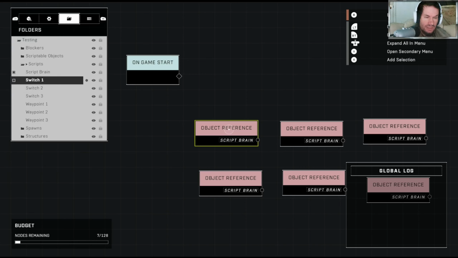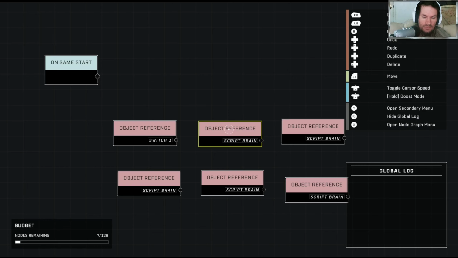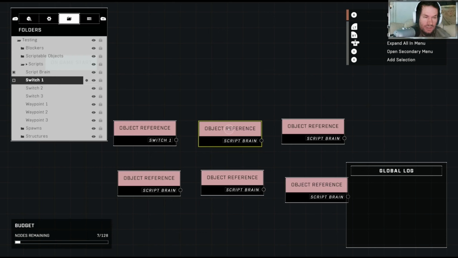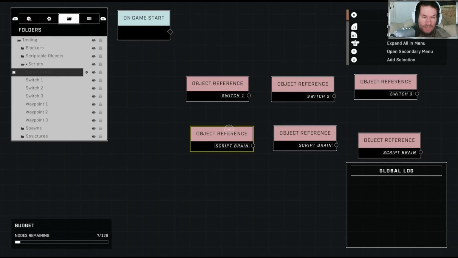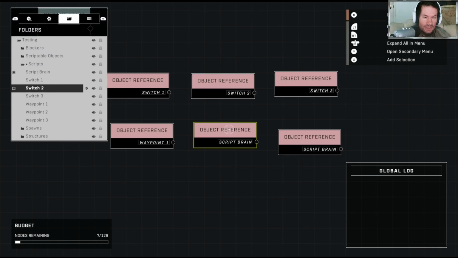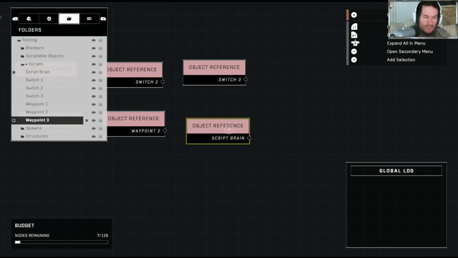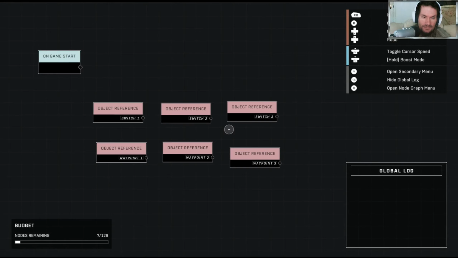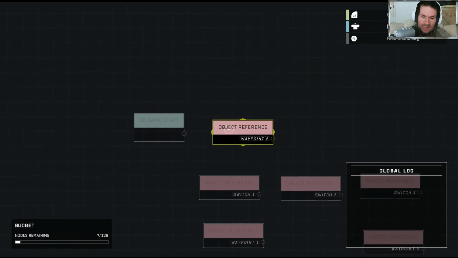And we're going to select switch 1. Switch 2. Switch 3. Waypoint 1. Waypoint 2. Waypoint 3. Okay. As soon as we start, we're going to delete